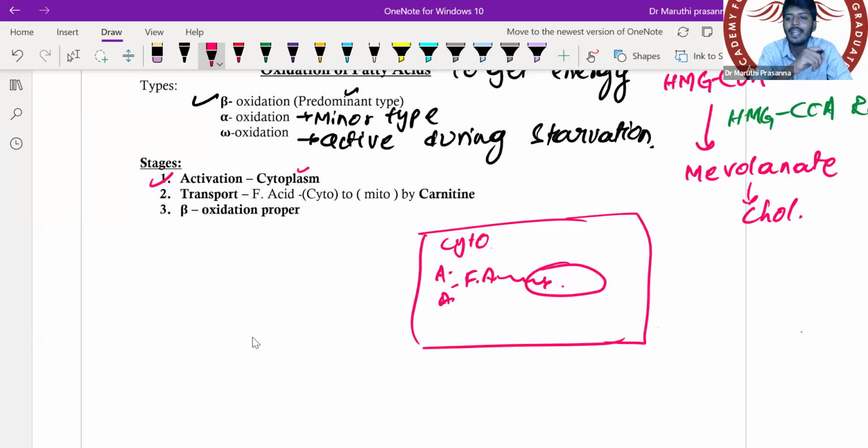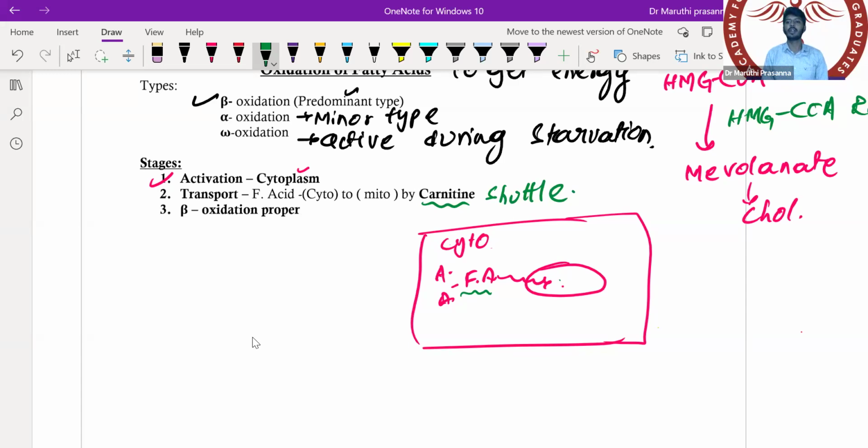So fatty acids which are activated will transfer from the cytoplasm and enter into the mitochondria. That transport of fatty acid from the cytoplasm to the mitochondria is done by something called the carnitine shuttle. What is that called? Carnitine shuttle. Okay, so that is why when you go to the gym and all, as a weight loss promoting agent,